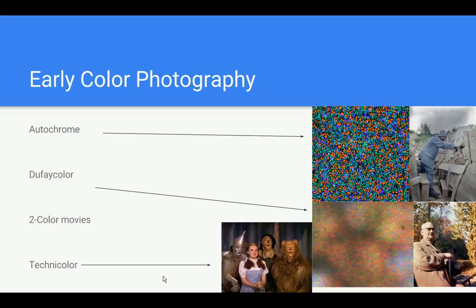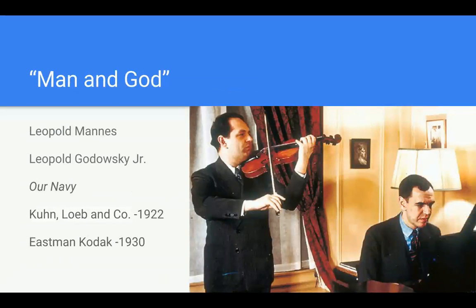So now there were these 2 musicians, Leopold Mannes and Leopold Godowsky Jr. They went to go see a 2-color movie. It happened to be one called Our Navy, sometime in the early 1920s, or late 1910s probably, and they were very dissatisfied with the color rendition of it. It was just very, very poor color rendition. So they went to their local library and began to look up color photography and photography in general. They started a little lab. I believe they were in New York at the time, and